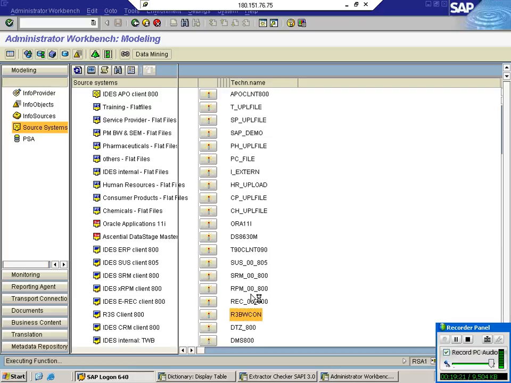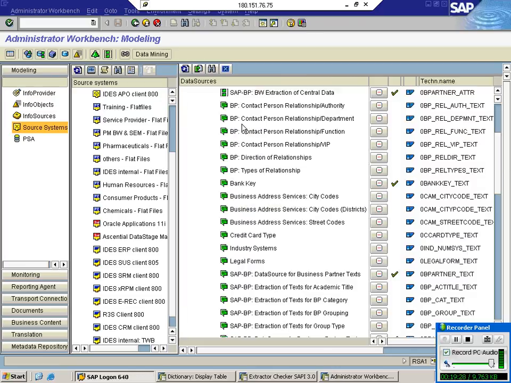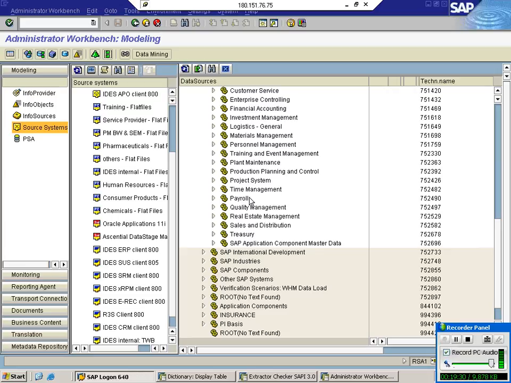Give a double click on this. BW data sources. SAP application components. What's our application? Right click. What is this? So it's copying the transfer structure as well as the status of the transfer structure also. As many as you have got in that application, all those are replicated.